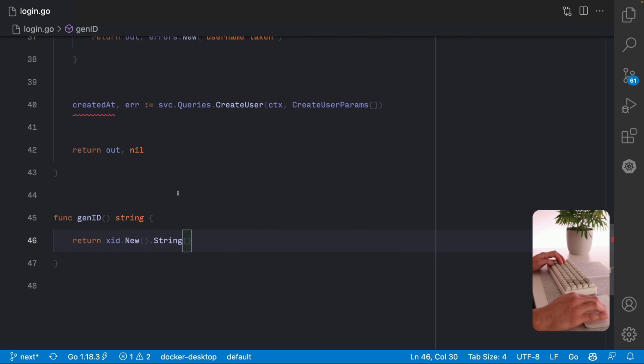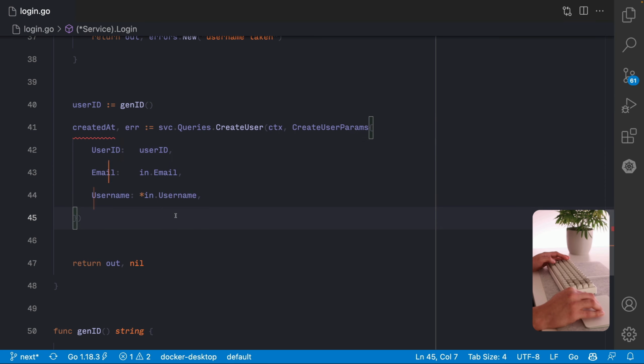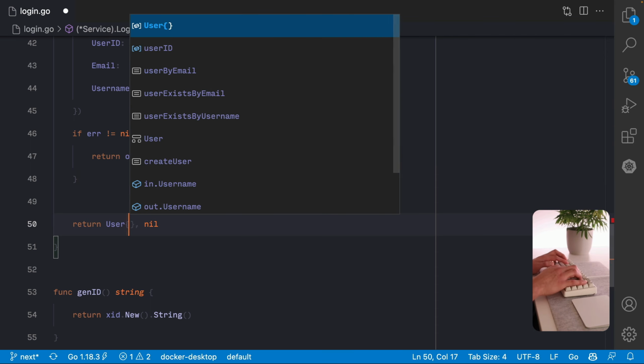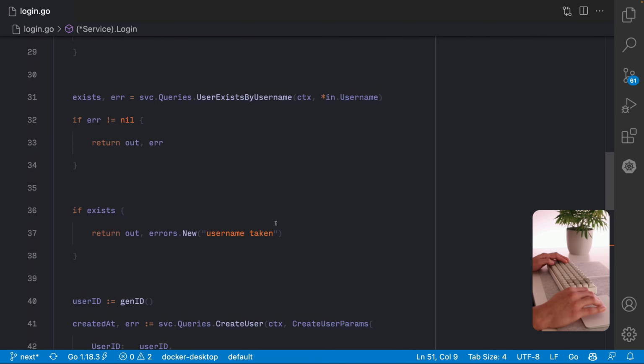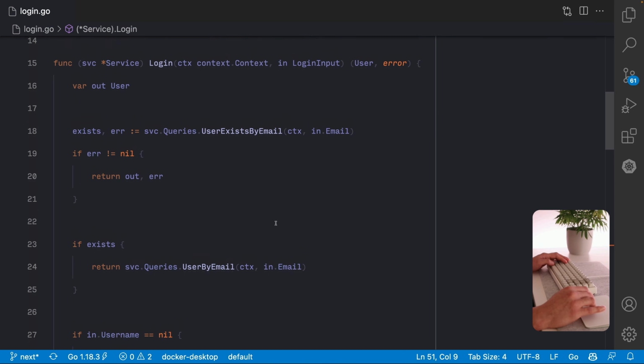All right. So we can create a user ID now. And that's it. Now we can return our user. There we go. Now this login method is done.